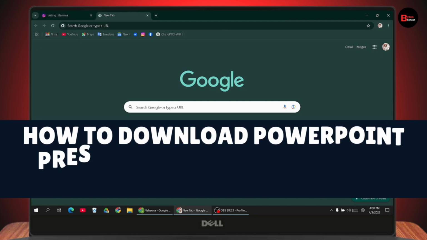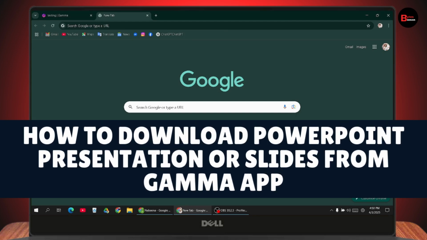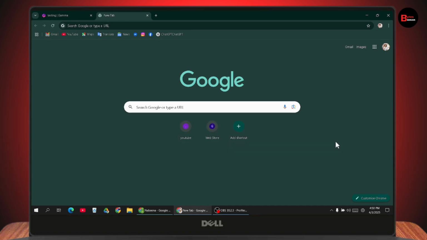How to download PowerPoint presentation or slides from Gamma app. So if you want to download PowerPoint presentation or slides from Gamma app, then what you need to do is